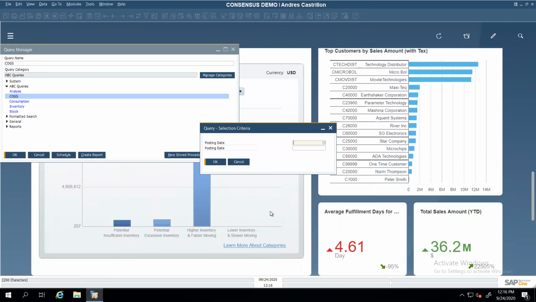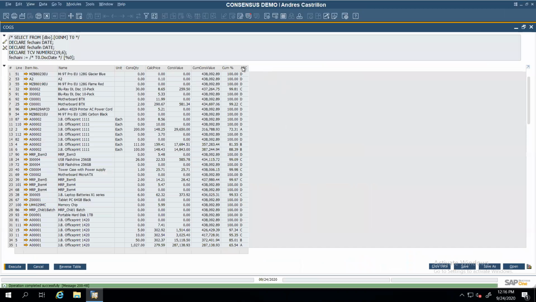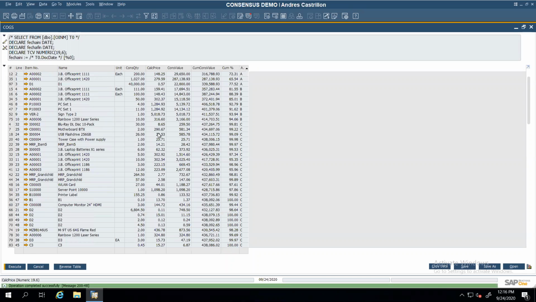And in cost of goods sold, I could say, okay, show me, for example, for this year until, let's say, today, what are the items that have represented the highest revenue or cost of goods sold for me? So I have sold 200, this is the price, this is the total cost of these items, 316,287. And this is again for the whole year, right? So there are 3 items that represent a high percentage of the cost of the items that I have sold.